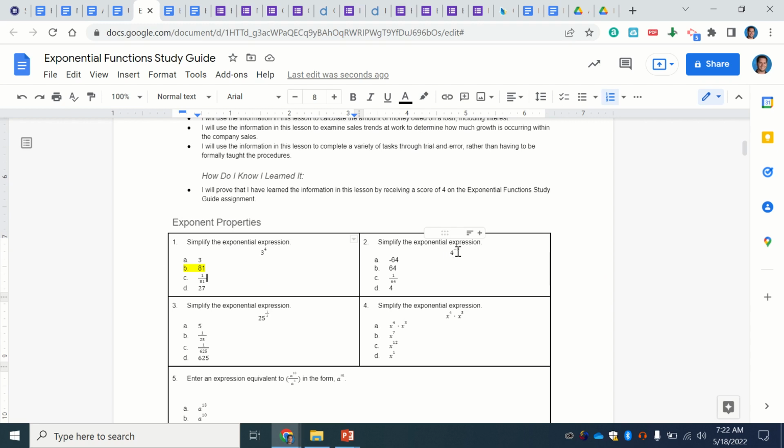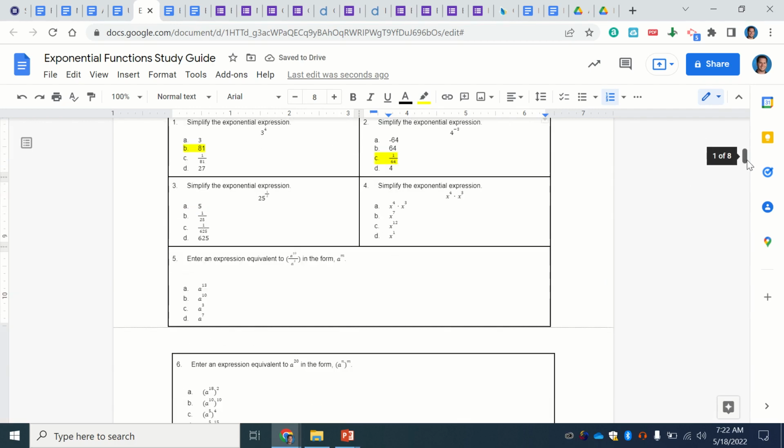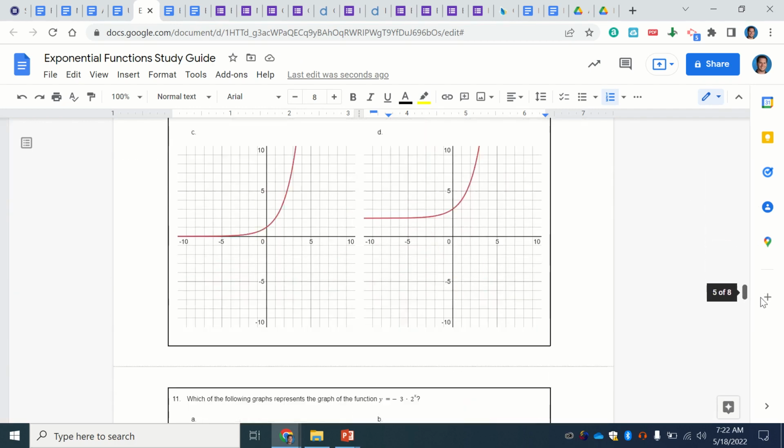The next one says 4 to the negative 3rd power. So that's 1 over, right? Because we're going to flip it because it's negative. So it's 1 over 4 times 4 times 4. Well, 4 times 4 is 16. Times 4 is 64. So it'll be 1 over 64. So again, I'm going to highlight that. Make it yellow. And there's my answer. And I'm going to continue to answer just like that all of these questions until I